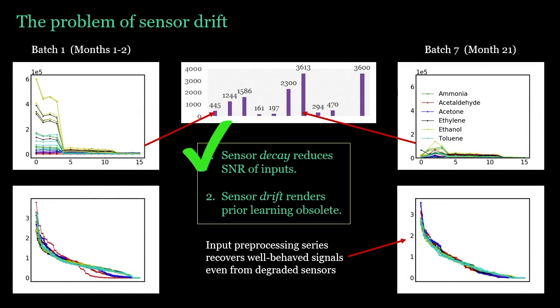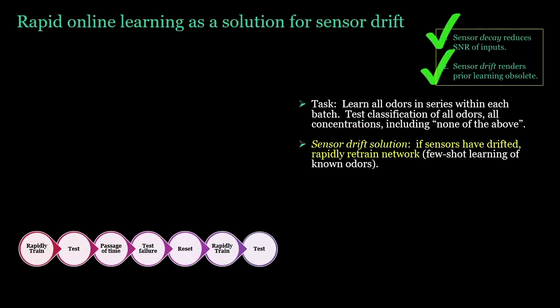But that doesn't solve the entire problem. We still need to retrain the network. So the solution for sensor drift is that you use it, test it. As soon as there is a failure, just retrain the network. But the advantage of using this